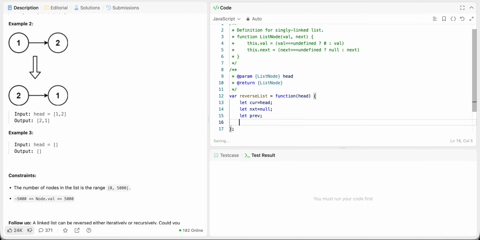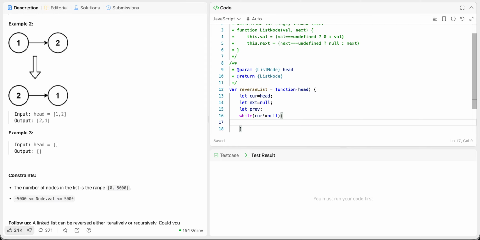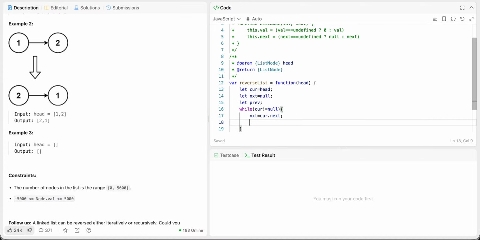While current is not equal to null, next is equal to current dot next, and current dot next is equal to the previous value. Here you can see